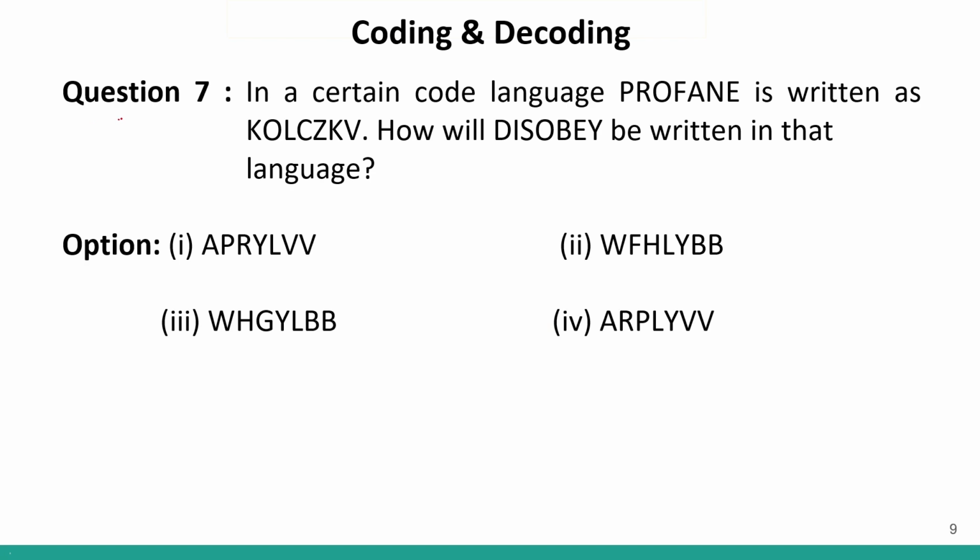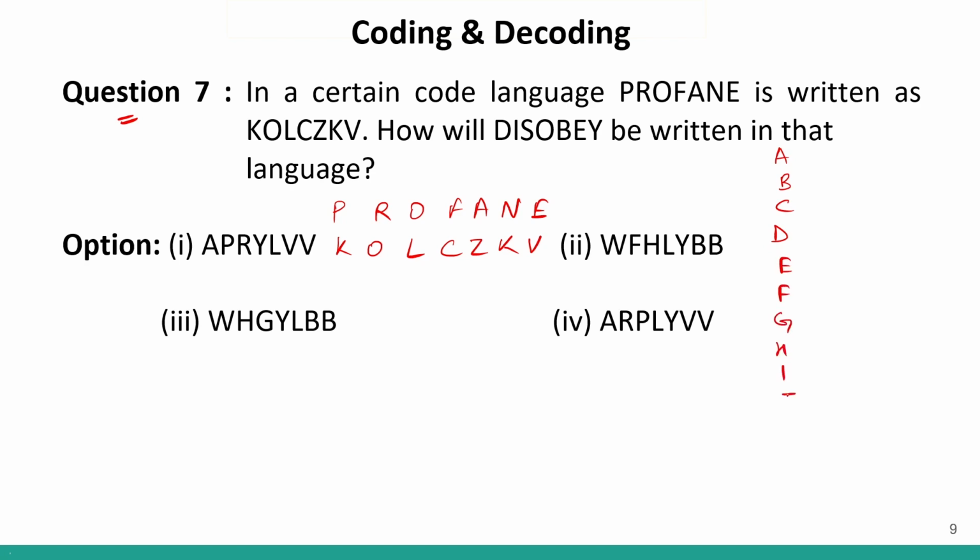Moving on to question number 7. Question number 7. Profane is written like this. We have to find the code for disobey. So PROFANE is written as KOLCZKV. Correct? Just by looking at this, okay, if you remember the opposite letters, A, B, C, D, E, F,